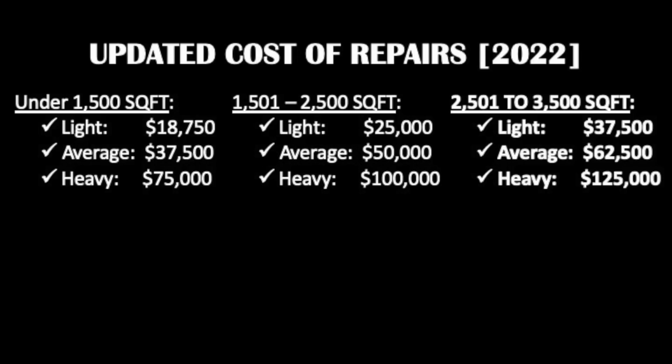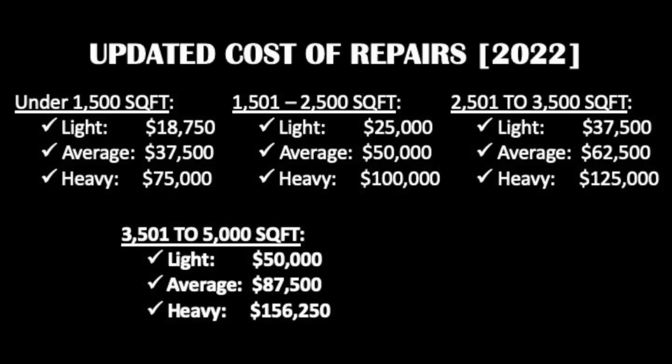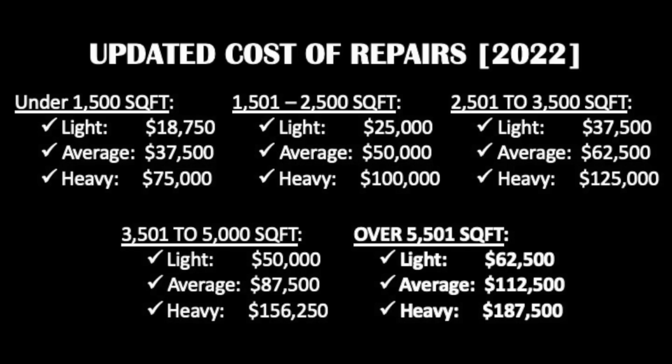For homes 2,500 to 3,500 square feet, a light rehab costs $37,500. An average rehab costs $62,500, and a heavy complete gut rehab costs $125,000. Now for homes 3,500 to 5,000 square feet, a light rehab costs $50,000, an average rehab costs $87,500, and a heavy complete gut rehab costs $156,250. Now for homes over 5,500 square feet, a light rehab costs $62,500, an average rehab costs $112,500, and a heavy complete gut rehab costs